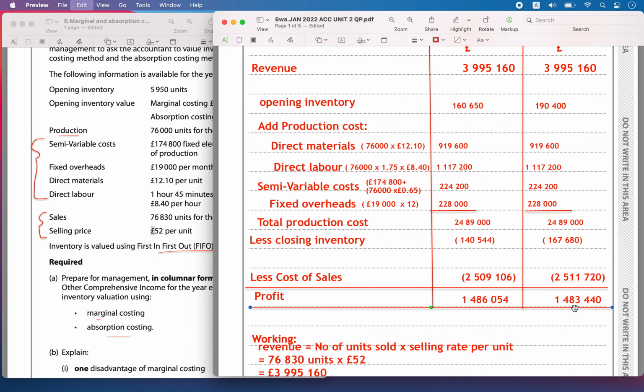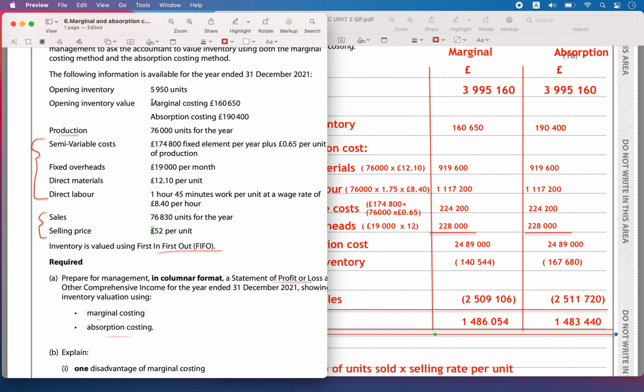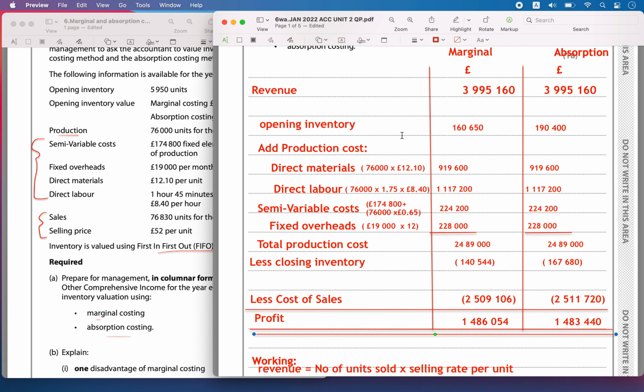So only for the inventory you are supposed to calculate using the marginal and absorption rates. Because the opening inventory is directly given, only for the closing you need to calculate. The production cost will remain the same for both, and then you will calculate the profit, and revenue will also remain the same. So this is how you will calculate the profit using